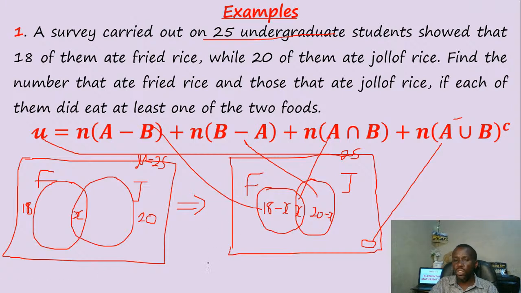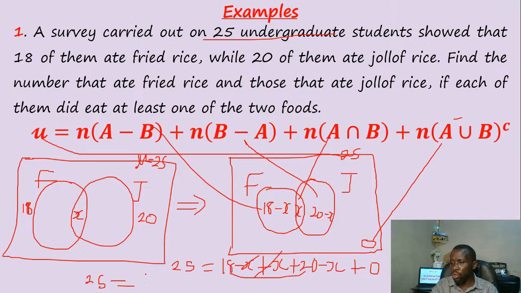From here now, let's finish up our calculation. You can see how I've drawn the lines. So it's going to be 25 equals 18 minus x plus x plus 20 minus x. All those numbers outside I'm just going to put plus 0. Minus x and plus x can cancel out. Now I'll be left with 25 equals, well, 18 added to 20 should be 38